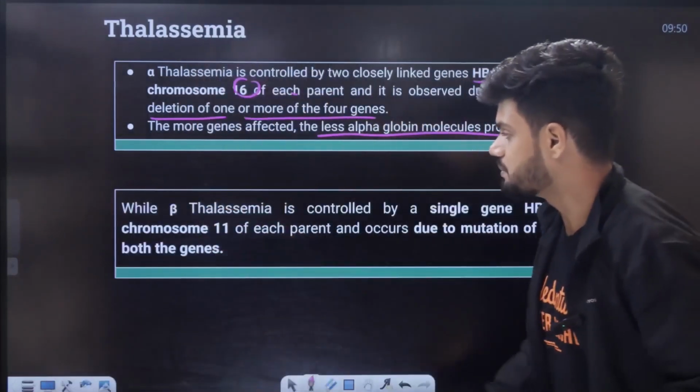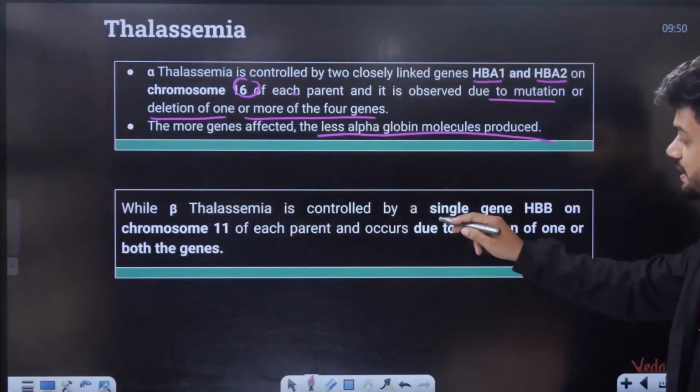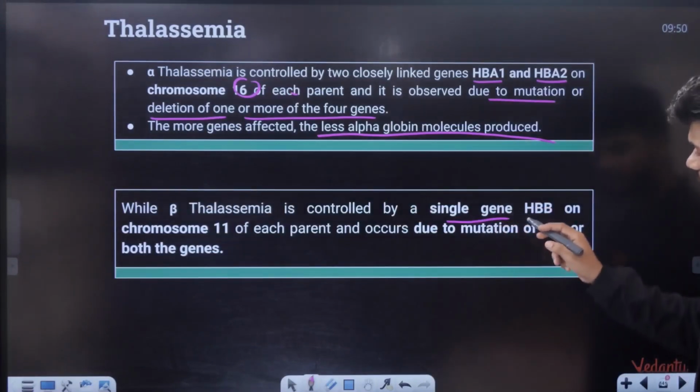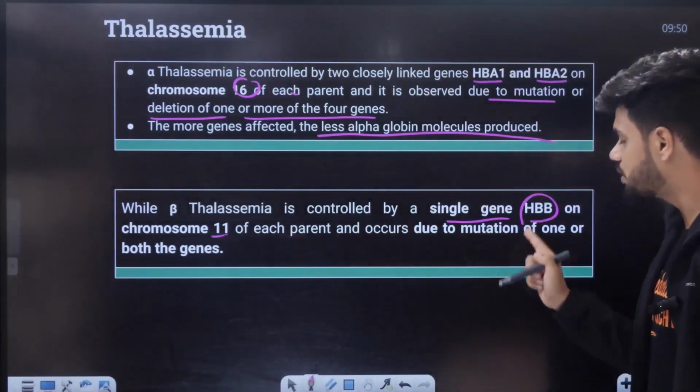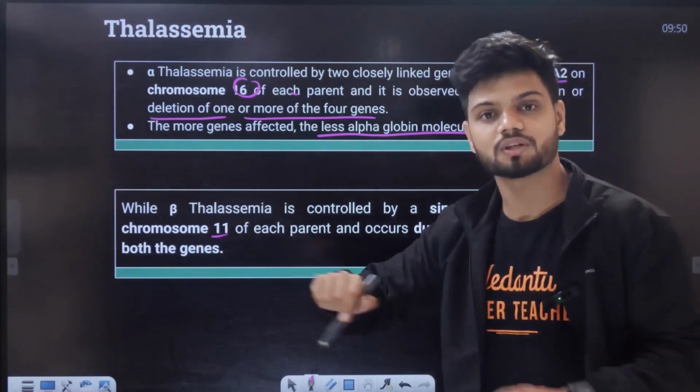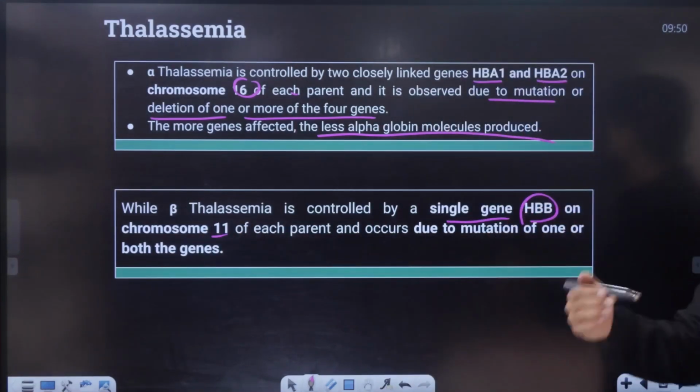What is beta thalassemia? Beta thalassemia is controlled by a single gene, the HBB gene on chromosome 11, of each parent. If there is a mutation suddenly in this chromosome 11,